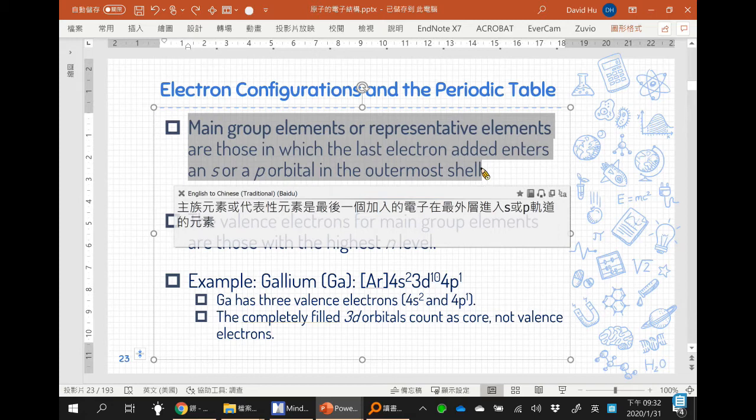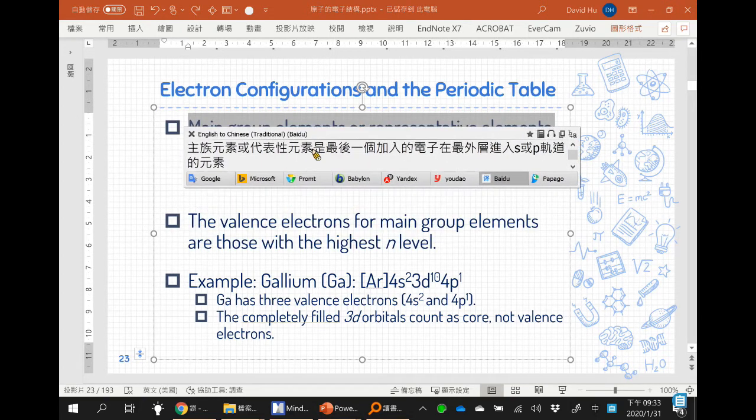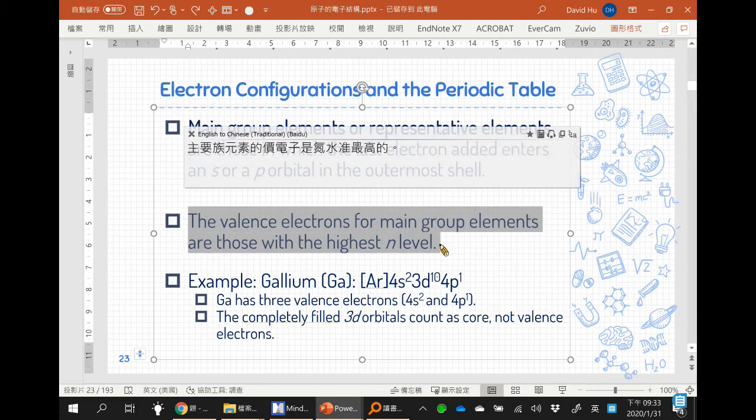Main group elements or representative elements are those in which the last electron added enters an s or p orbital in the outermost shell. 主族元素或代表性元素，是指这些元素，它们的最后一个电子是加到最外壳层的 s 或是 p 的 orbital。The valence electrons for main group elements are those with the highest n level. 好，主族元素的价电子，是有最高主量子数 n 的电子。